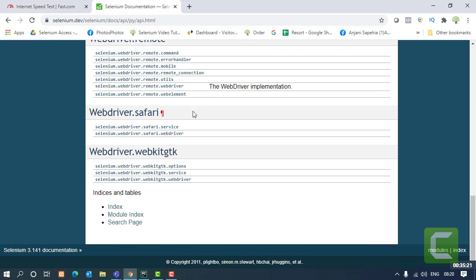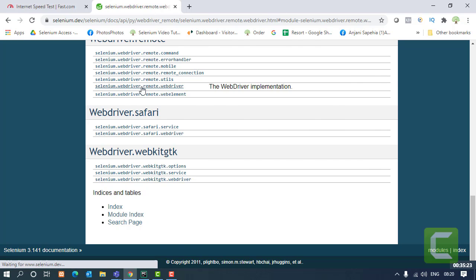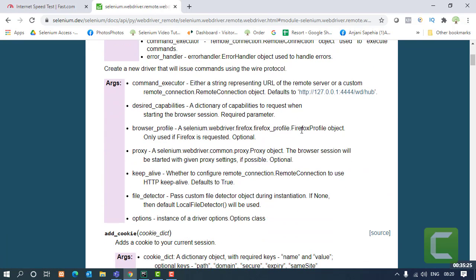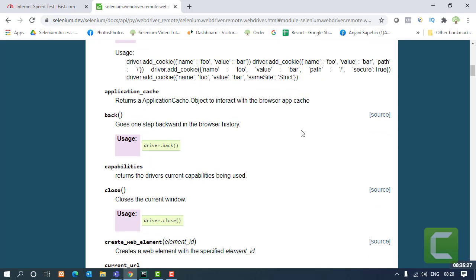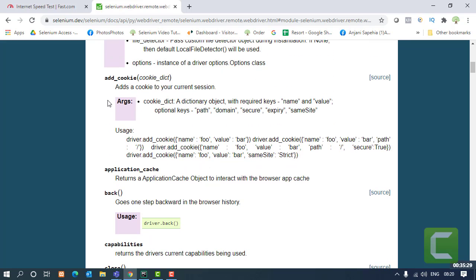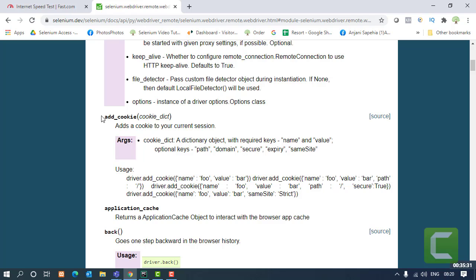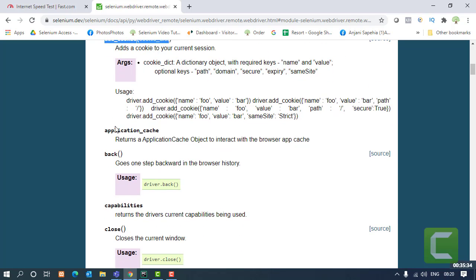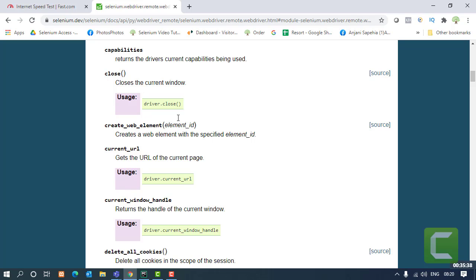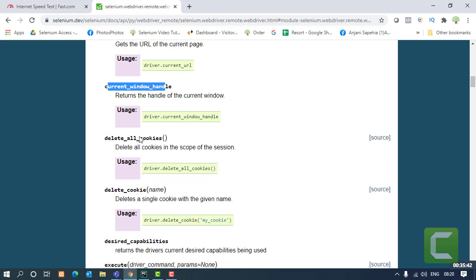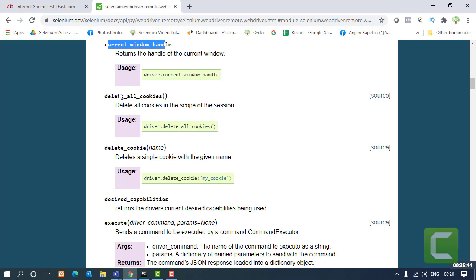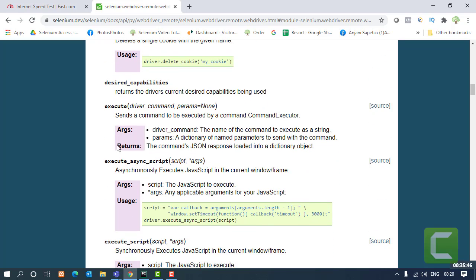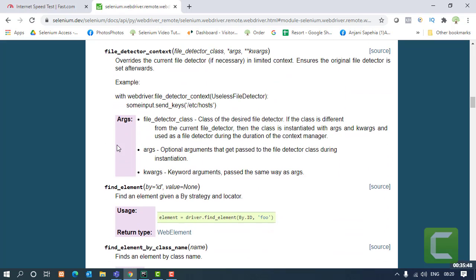Like right now, what we are using is WebDriver. So this is the documentation, and over here, these are the functions which are inside. I can add some cookies I want. Then I can go back to the previous page which was there. I can look for the current URL, current window handle, deleting the existing cookies, or all cookies I want to delete.